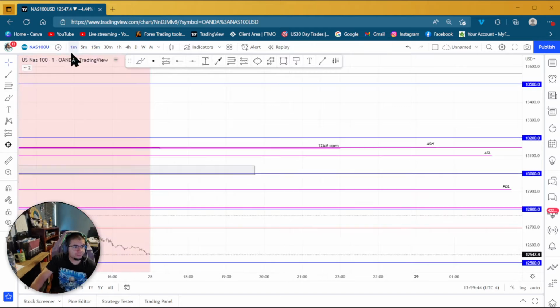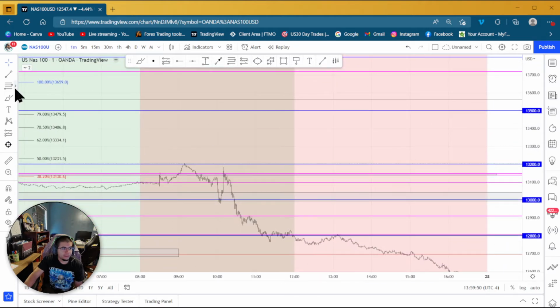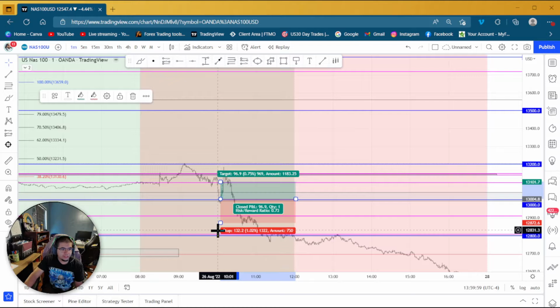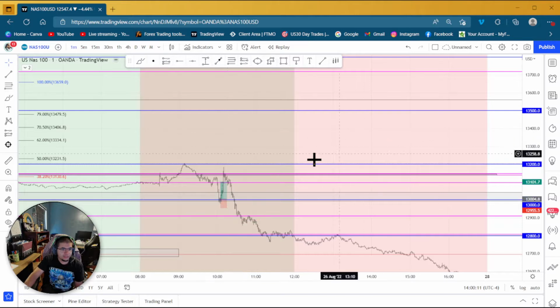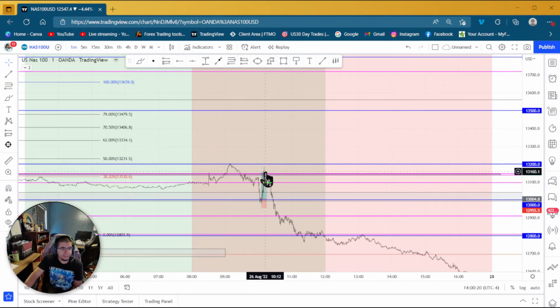If we go down to the minute, you can see that there was this move that happened right here. I went long at 13,050 and I exited at 13,100. So I took this move right here and I had a 50 pip stop loss, which was like a 1 to 2 risk to reward. I took this trade. It could have easily gone to 1 to 3 right there. Missed that move, but then if people were entering right here for the bigger move down,